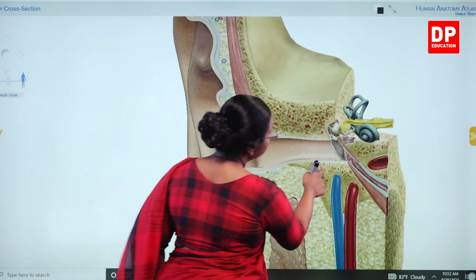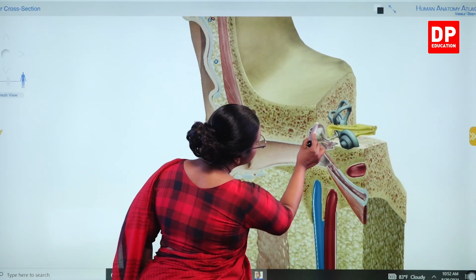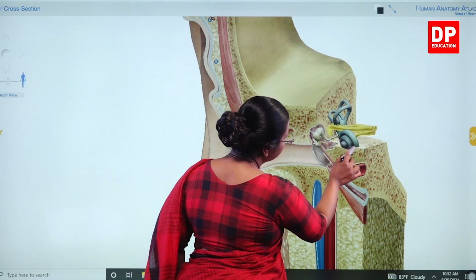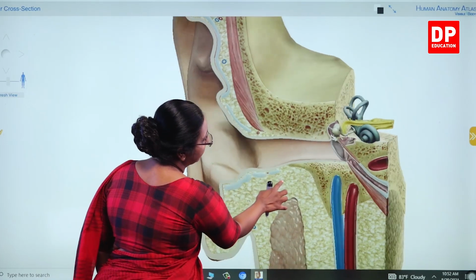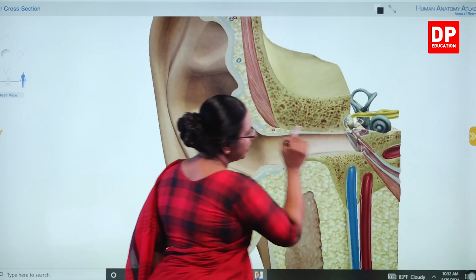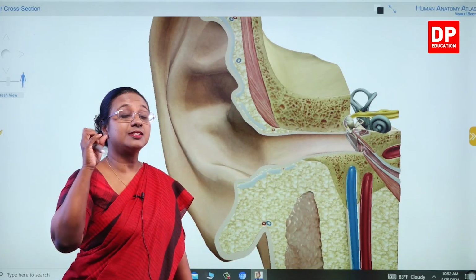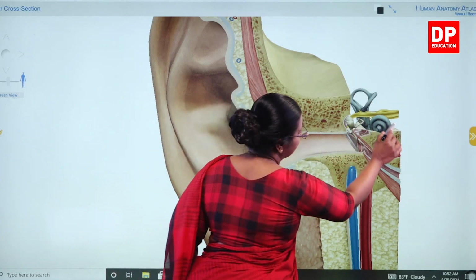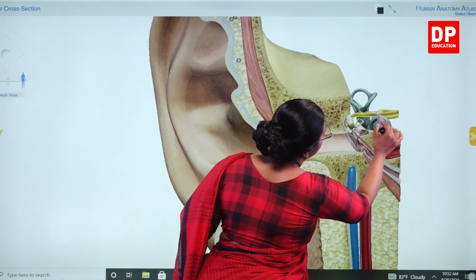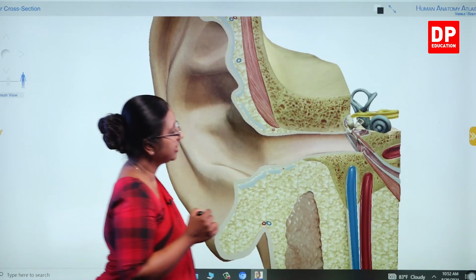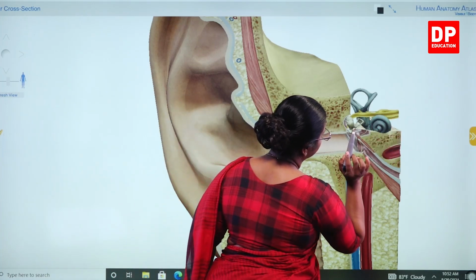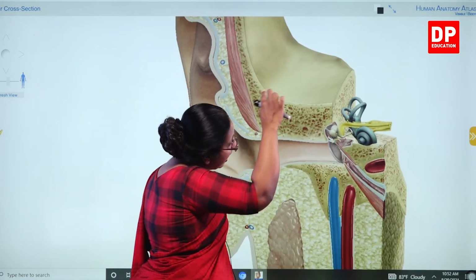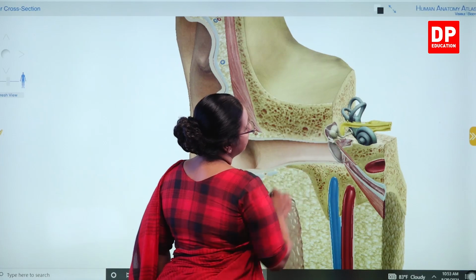Then after that, you can see here these bones. Now I said there are three ossicles and they are connected to this part which looks like a snail. Can you see that structure? Here you can see it's like a curled spiral structure, something similar to a snail shell. That's the cochlea. So that cochlea is then connected to the auditory nerve. You can see that as well. The cochlea is connected to the auditory nerve, and on this side here you can see these half-circle-like structures, these three structures.